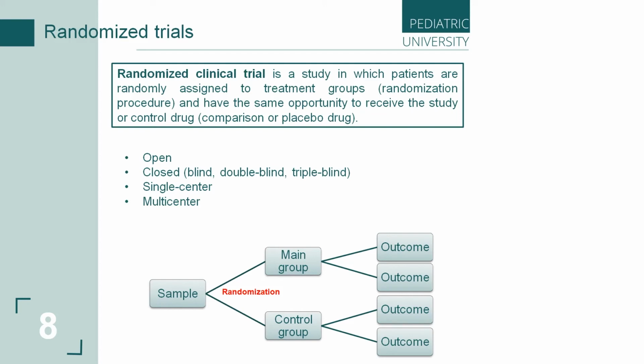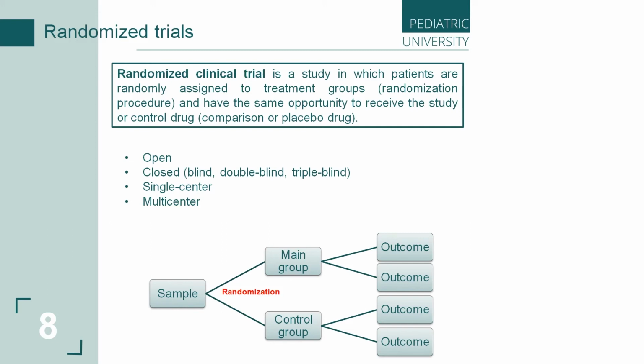And these studies may be open or closed. An open study is a study in which you know who is in which group, and it's a lower level of evidence. It's better when the study is blind or double blind, and if double blind is not possible, a triple blind study is used, where the outcome of the intervention is evaluated by a third person who does not know